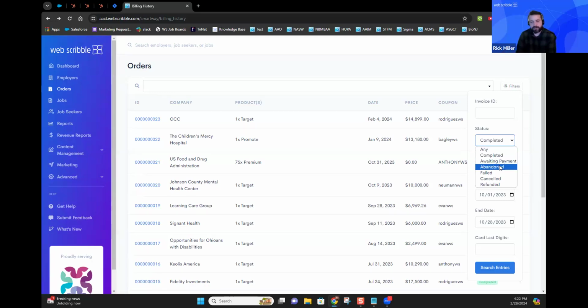Abandoned, I think we touched on this real quick. Abandoned is really when the customer loads a package up into their online shopping cart, gets to the payment gateway screen, and leaves the website. Either they close their browser out or they click on a different site and they're taken away from the payment gateway screen. They've abandoned the package in their shopping cart.